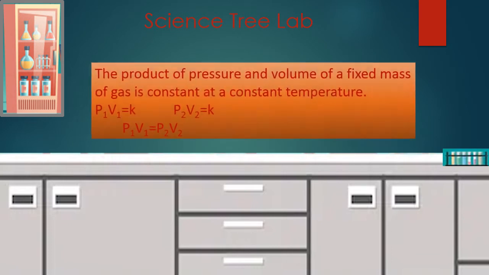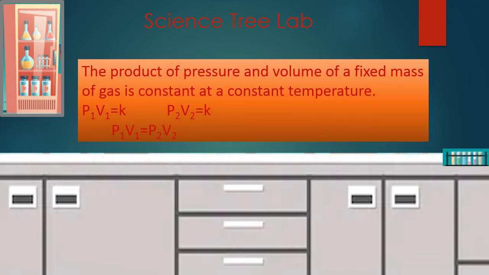Now Boyle's law can also be explained by means of the product of pressure and volume. But what are the conditions? While taking the product of pressure and volume, it means to multiply the volume and pressure of a gas having fixed mass at constant temperature. Here we are talking about an ideal gas. As we all know, it's not possible to fix the mass and to fix the temperature all the time.